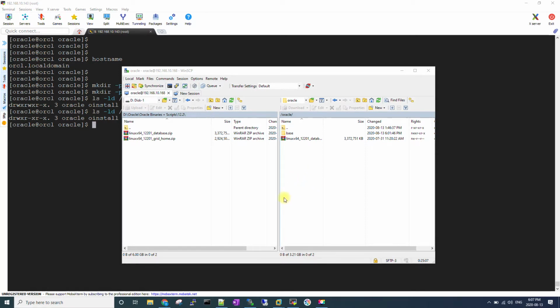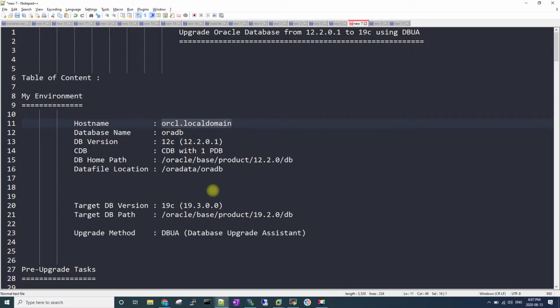So better extract that to the Oracle home location. In my case, I'm going to extract the binary to this folder. So as soon as I reach here, and when I do list, I will see a bunch of files, including the run installer file.